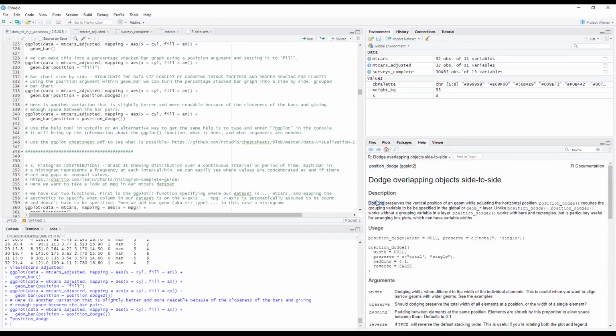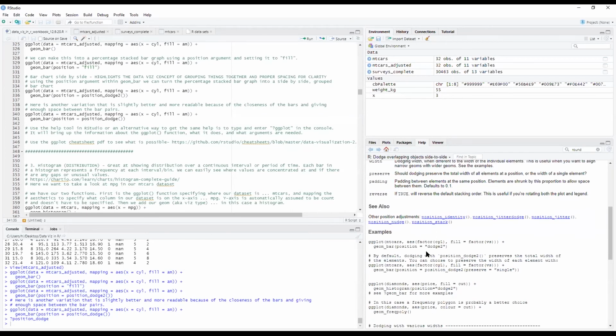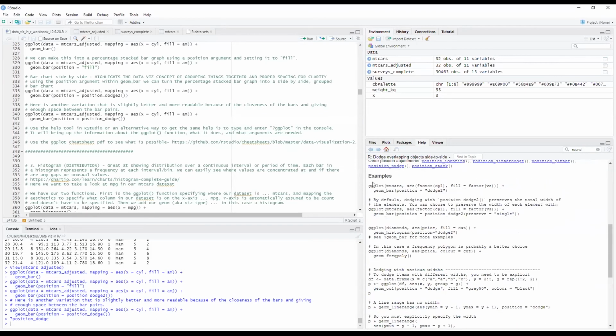Here, dodging preserves the vertical position of a geom while adjusting the horizontal position. So you get a little bit about some of the arguments. You can even specify some specific arguments to this, and it gives you some examples as well. So hopefully you can take a look at some of these examples, execute some of these lines of code, and get a better sense of how to utilize this.